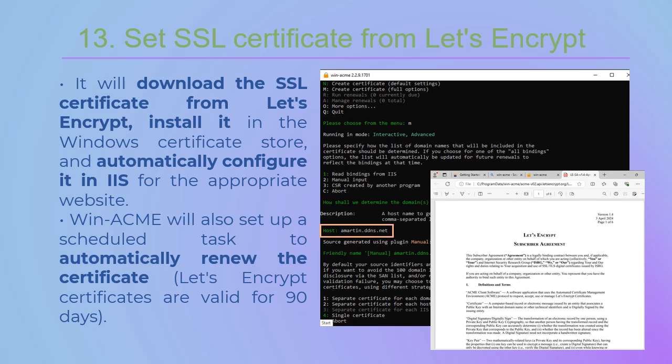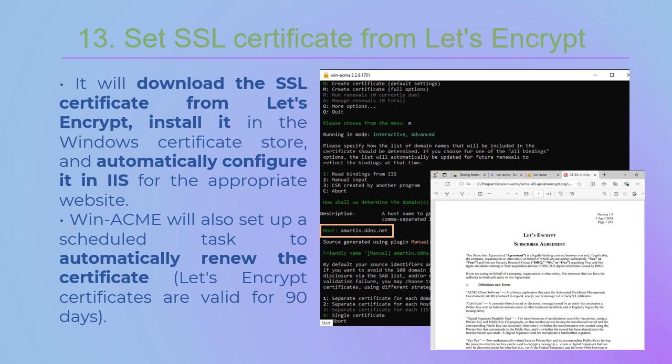So this executable will open a command line application that will download the SSL certificate from Let's Encrypt. It will also install it in the Windows Certificate Store.